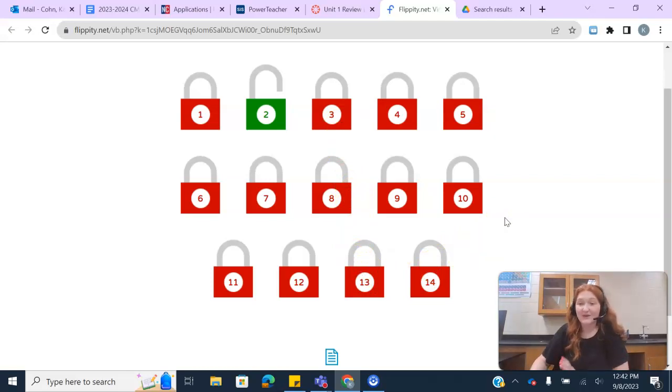Some of them, if you get confused or need help, of course you can come to office hours and I can help you through them, or you can shoot me a text or email me, but either way, this is the way that you play this game. So again, once all 14 are unlocked, you guys will be able to take your screenshot, upload it for 100,